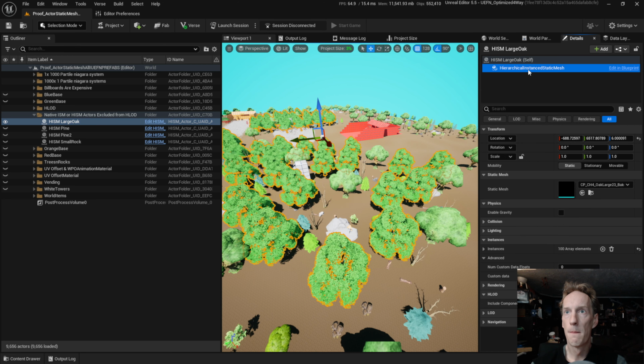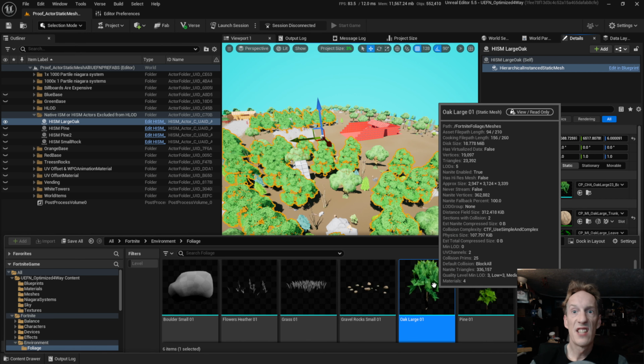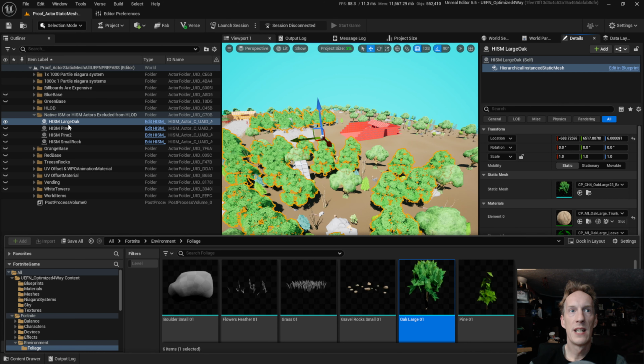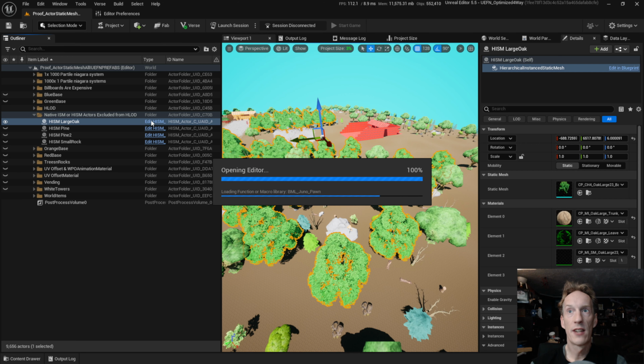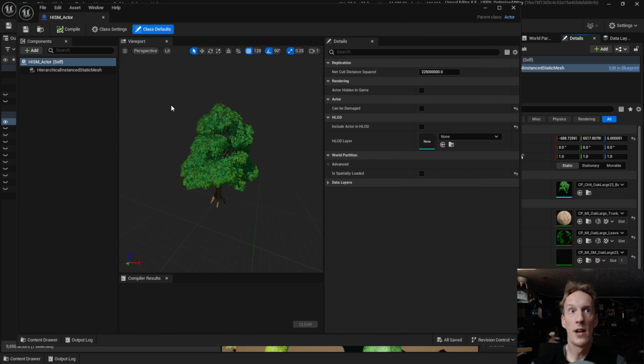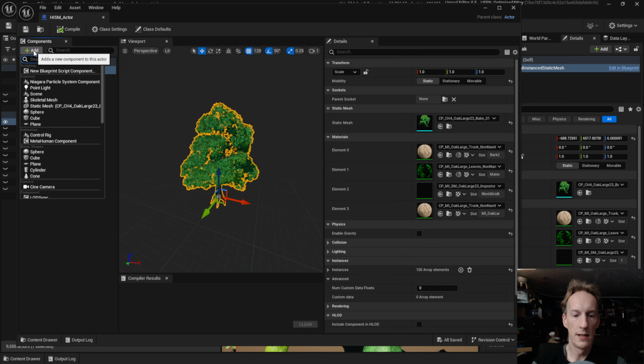You can go find it right here in Fortnite environment foliage. It is a mesh or a tree that can be instanced. So what I did is I made a new actor, and that actor has a HISM component on it right here. So actor class, right under it, the only sub component it has, I went ahead and just said